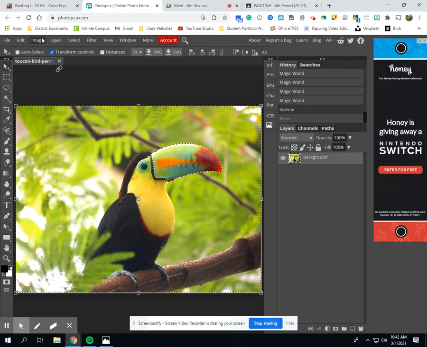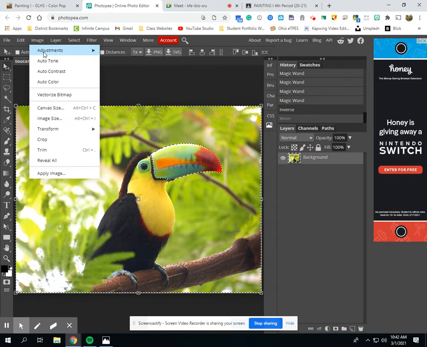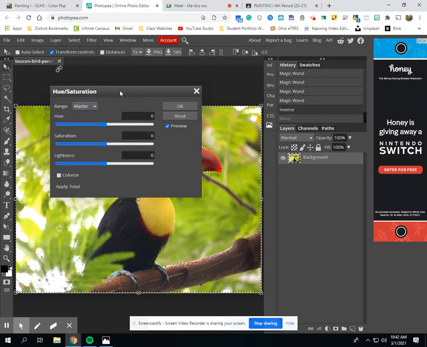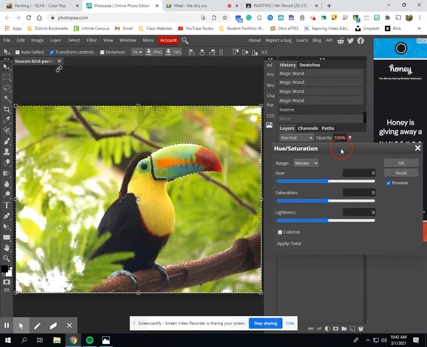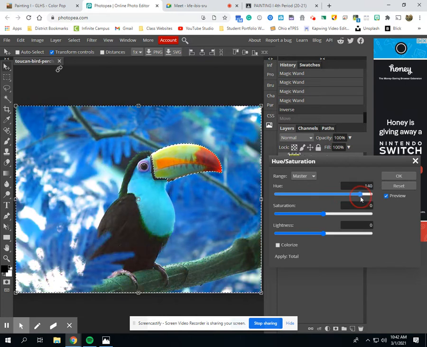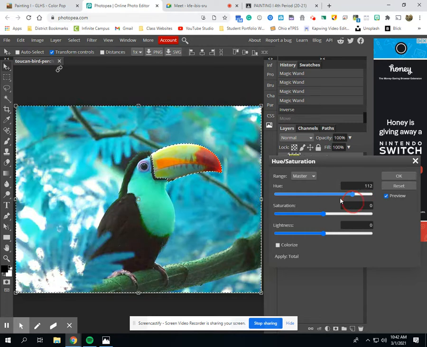Okay, so next on the agenda would be to click Image, Adjustments, and then we're going to go to Hue Saturation. Remember Hue Saturation, we talked about in color theory, hue being your pure colors, saturation meaning the brightness or dullness of a color. So if you did want to do some adjusting of pictures, obviously not for this project, but